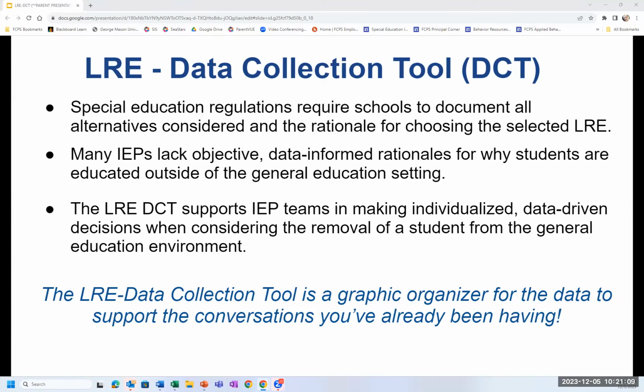The LRE data collection tool supports IEP teams in making individualized, data-driven decisions when considering the removal of a student from the general education environment. In short, the LRE data collection tool is a graphic organizer for the data to support the conversations we've already been having.